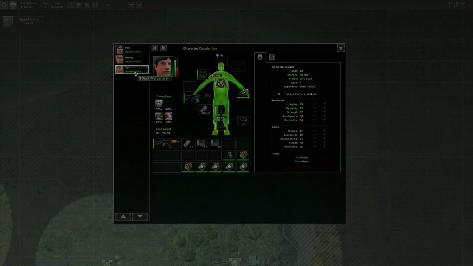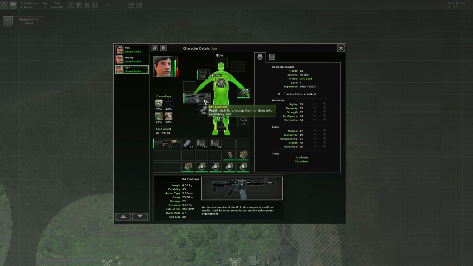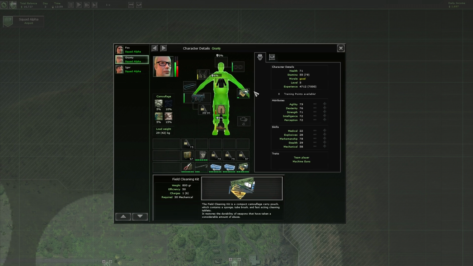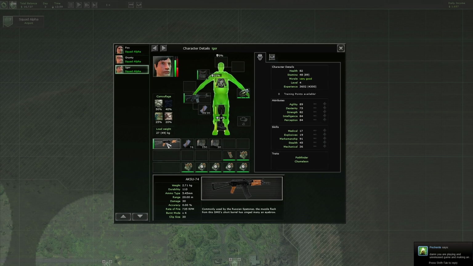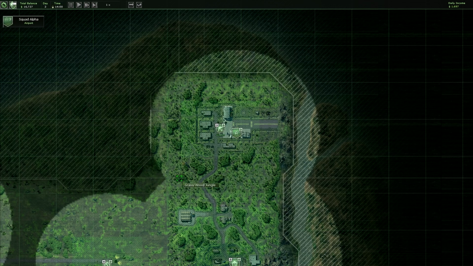I've had a preview build of Jagged Alliance back in action for about a month now, and for those who don't remember the Jagged Alliance franchise, it's pretty much a tactical strategy game. You might remember XCOM, for example. The Jagged Alliance series was kind of like that, where you're in control of a squad. The squad you can arm up with different weapons, explosives, even body armor, and then you send them out into